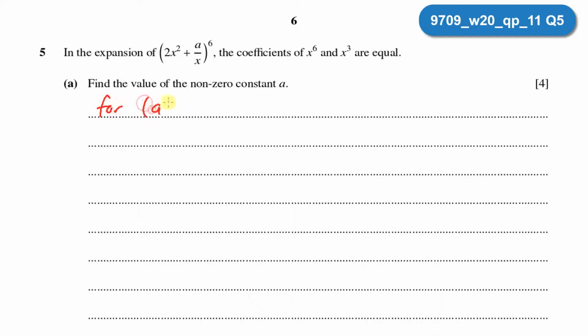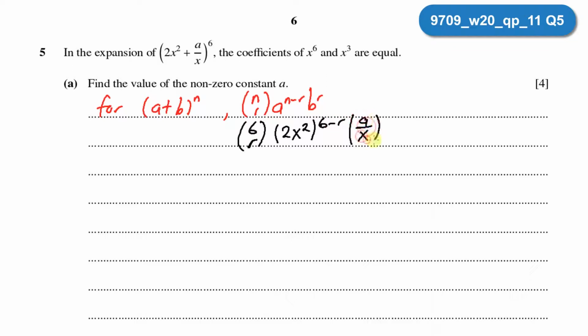the general form of the binomial expansion a plus b to the power of n, which comes out as n choose r, a to the n minus r, and b to the power of r. So in our case here, we'll be saying the general form for the terms in the binomial expansion of this should be 6 choose r and 2x squared to the power of 6 minus r and a over x to the power of r. So now we can split this into coefficients